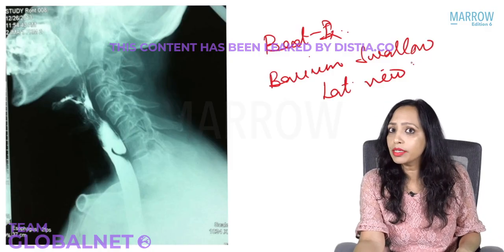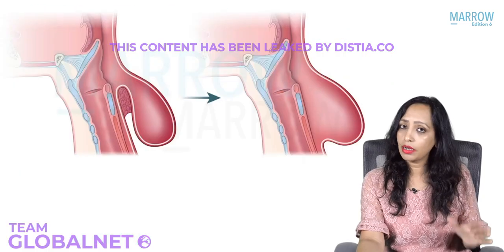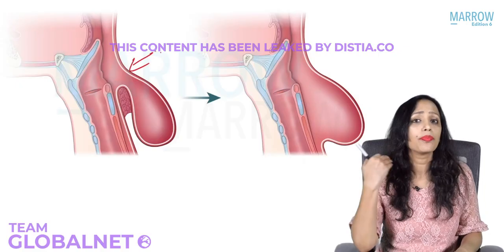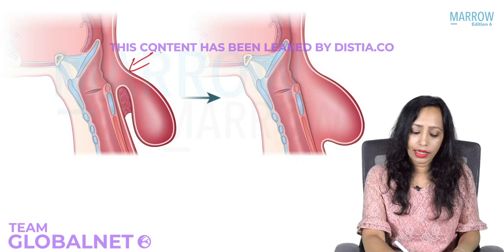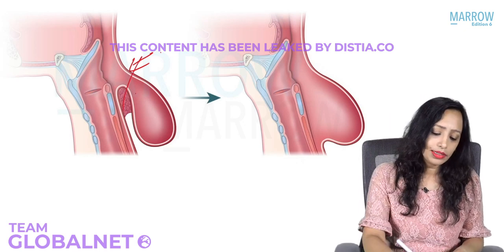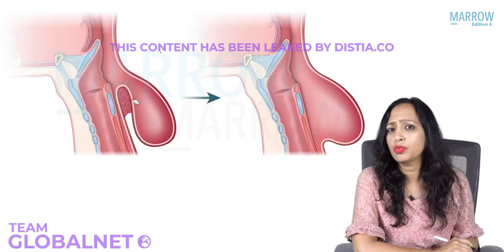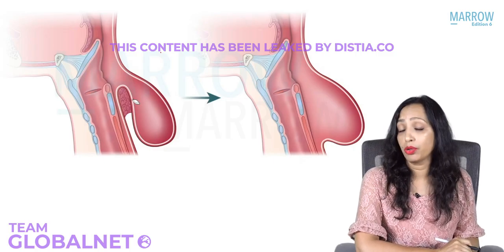Yes. So you did endoscopy, you did barium swallow, you have confirmed that this is the patient of pharyngeal pouch. How do you manage it? So for management, what we can do is either an internal approach or external approach. What is external approach? Is that you do an open neck surgery. You open the neck and this pouch, the outpouch, just cut it, excise it, right? That is the open neck surgery. That is external approach. Whereas what we have seen is that these patients are usually elderly, yes or no. So doing an open neck surgery would not be a very good option.